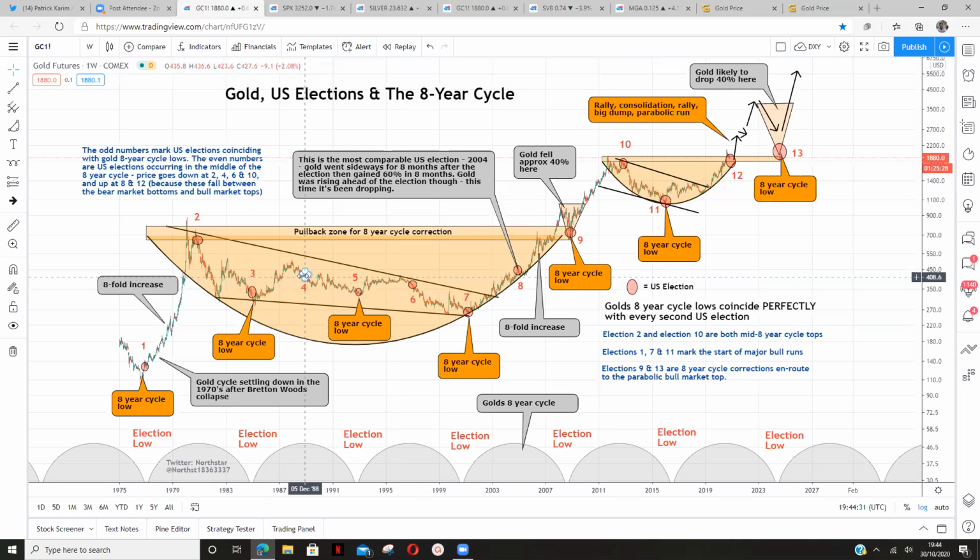Point number 4 occurred in the middle of that 8-year cycle, and price was declining as we were in a very large consolidation pattern, which was eventually to build out this large arc formation. And the same at point number 6. It was in the middle of the 8-year cycle, and price continued to trend downwards for the same reason, until we made contact with and built out the edge of this arc pattern, which then confirmed the start of this bull market when we broke out here in 2002, I think it was, and set in motion the bull market that took us up to a couple of $1,000, which we've now, of course, exceeded, which signals very strongly